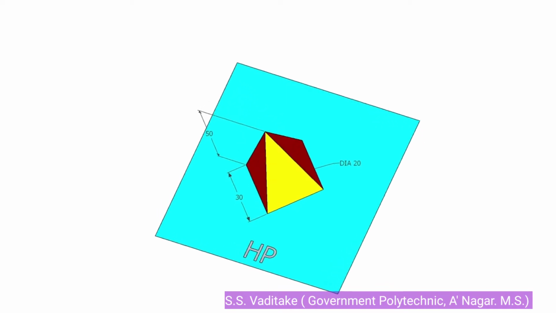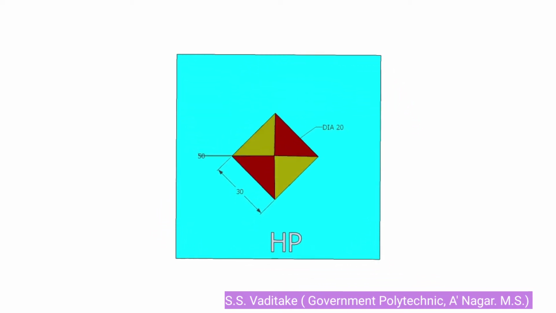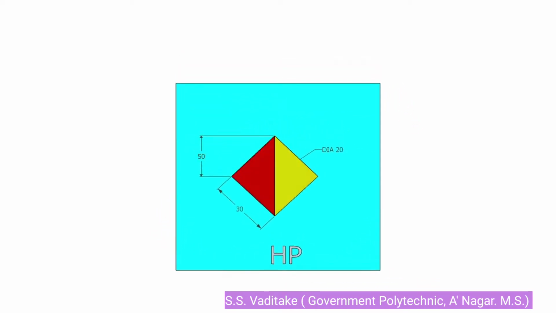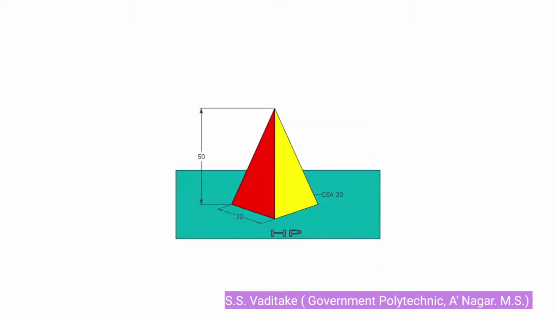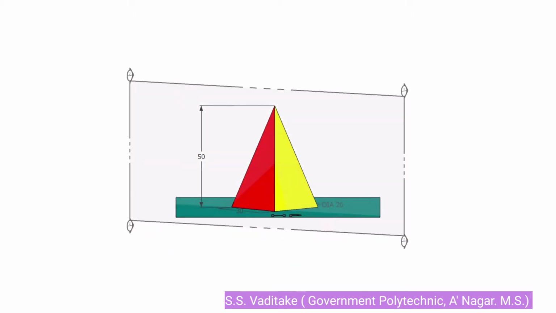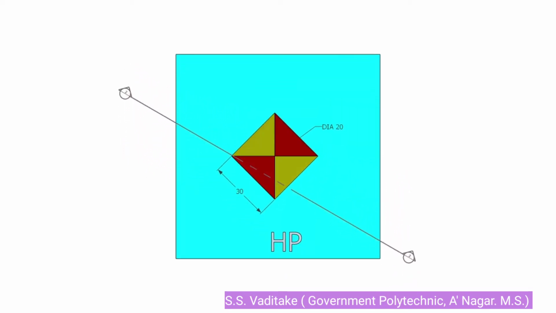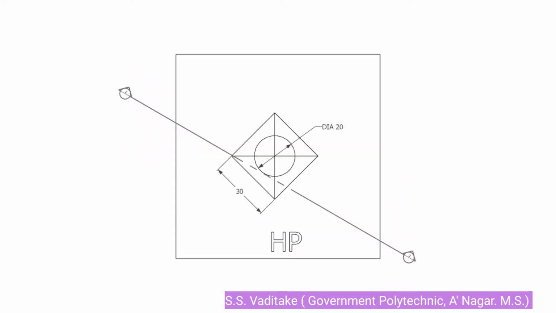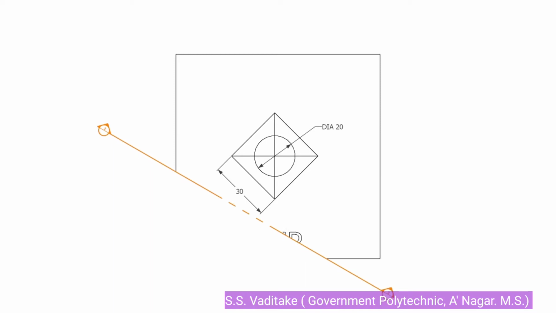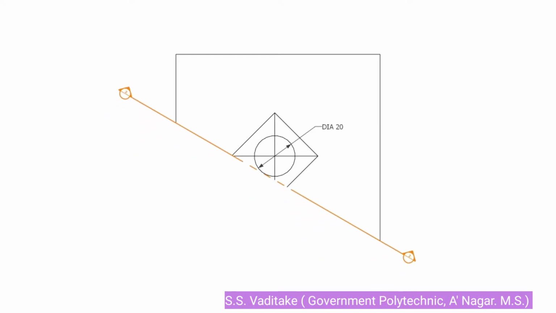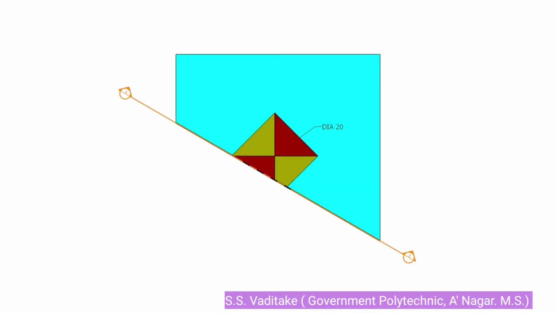As the axis of a square pyramid is perpendicular to HP, first draw its top view, then front view, then locate the cutting plane which is inclined to VP and 10 mm away from the axis. Now observe how the cutting plane cuts the edges and base edge of a given square pyramid.